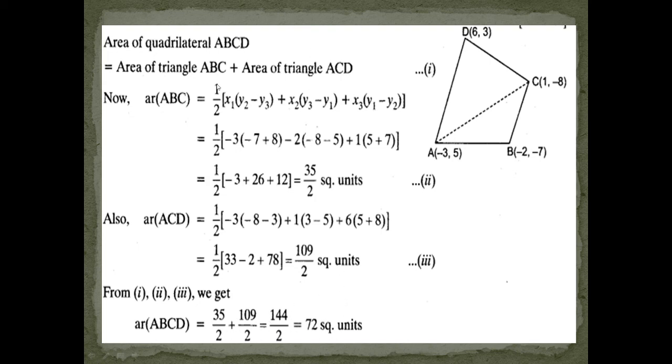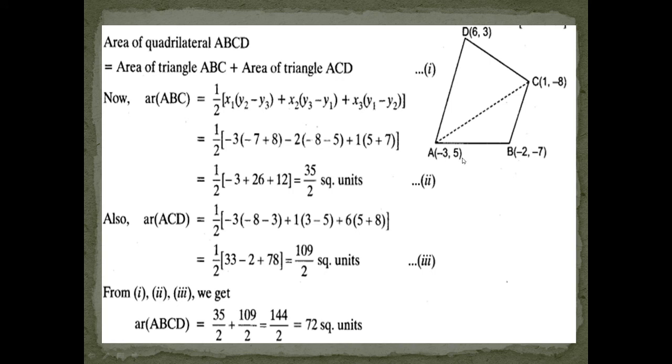Here we were already discussing the area of triangle formula, and how to remember it I told you already. So here is the area of the triangle formula: half into x1 (y2 - y3) + x2 (y3 - y1) + x3 (y1 - y2). Practice more times and substitute the values so that you will get an accurate answer in very little time. Here I am taking this one as (x1, y1), (x2, y2), (x3, y3). There is no rule that this one only is (x1, y1) and this one only is (x2, y2). According to your convenience, you can take anything as (x1, y1).